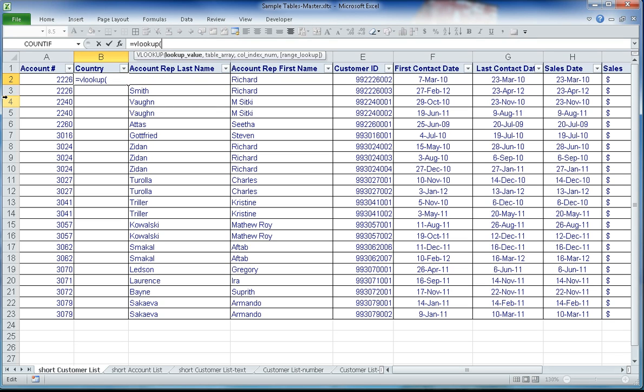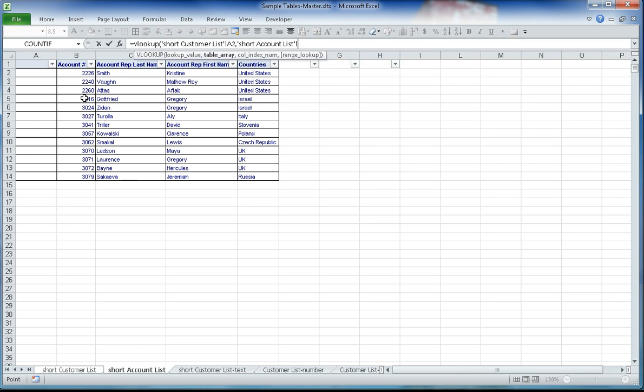So the lookup value is going to be A2, and you can just click on A2, and that auto populates the formula bar with that reference name, and you can hit comma to move on to the next parameter. Then the table array is going to be our account list, our source table. We're going to go ahead and highlight it from B2 to E14, our last column, last row,